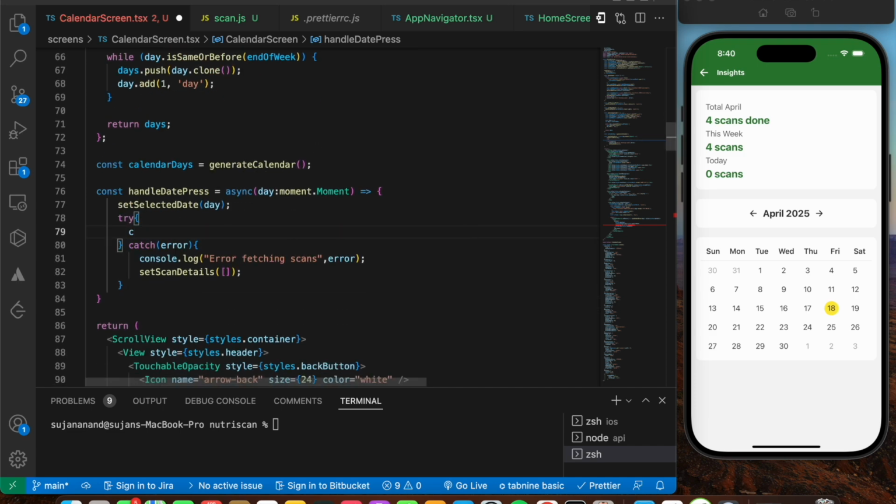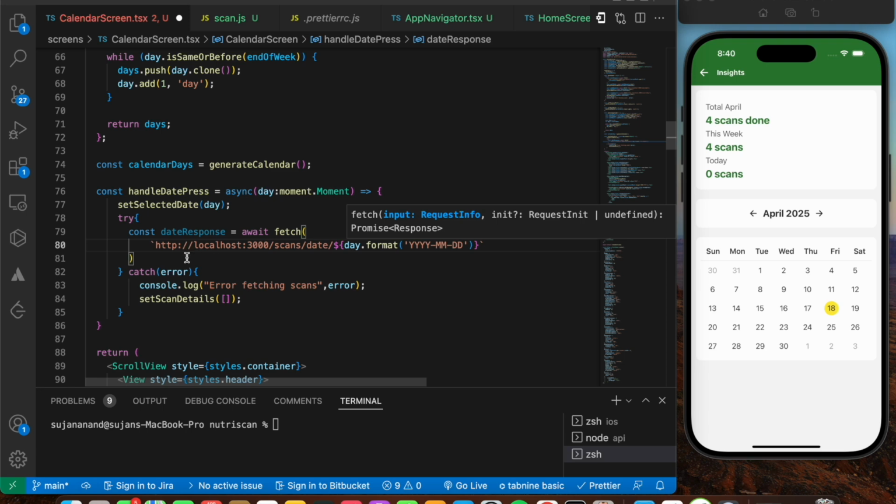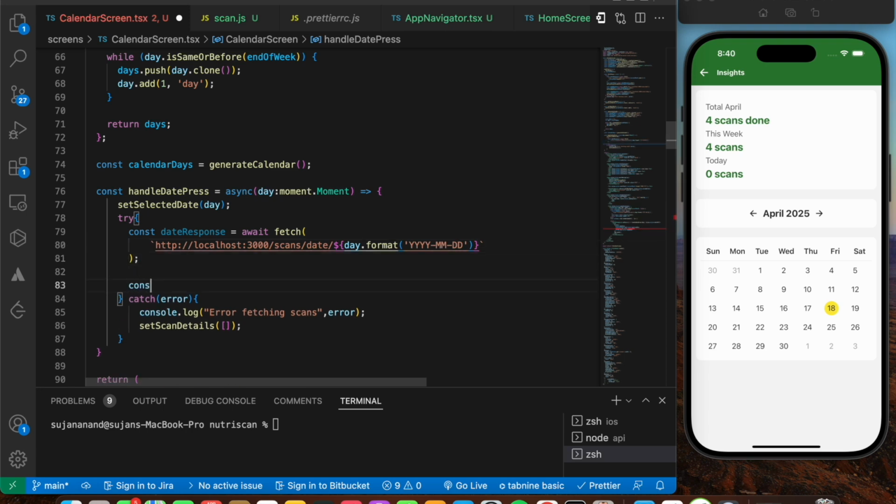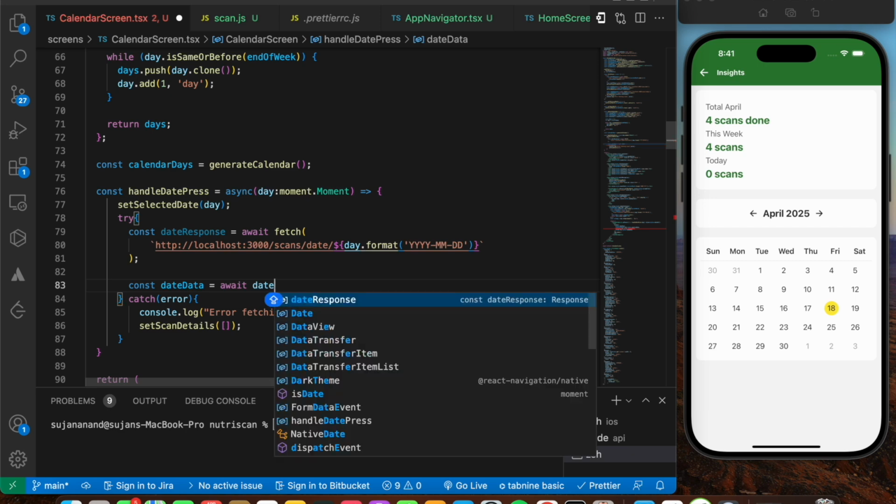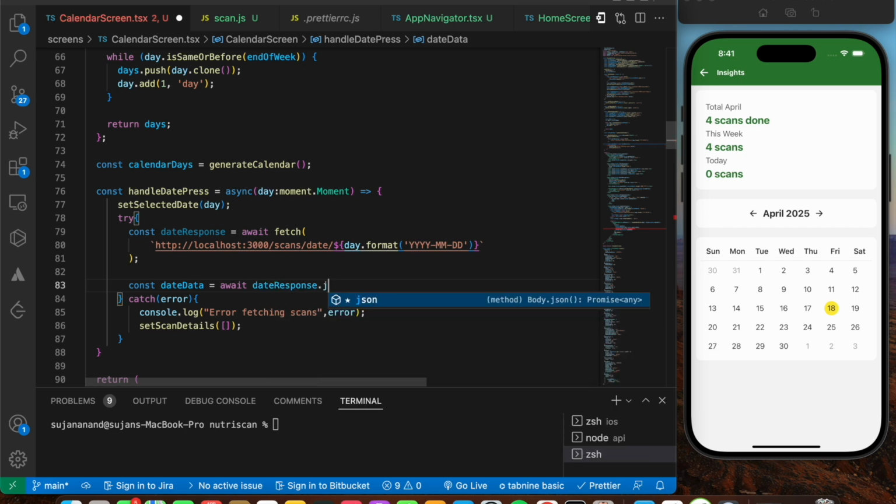Let's initialize that. I'm going to say const dateResponse is going to be equal to await fetch, passing your URL. Once that is done, I'm going to say const dateData is going to be equal to await dateResponse dot your JSON,